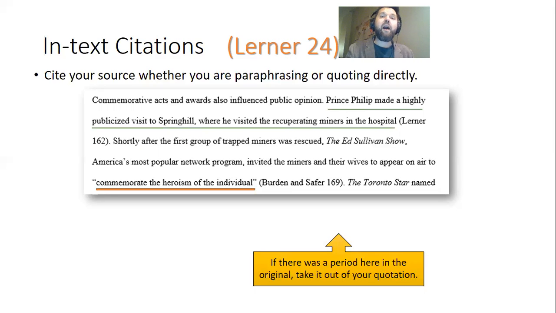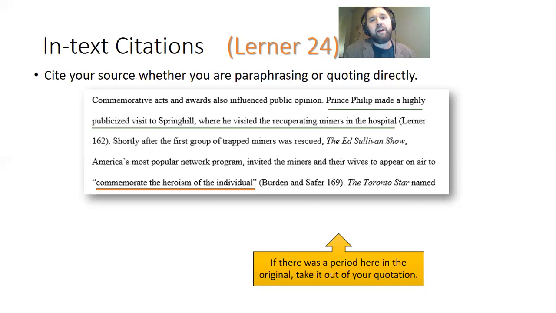It would not be honest to suggest that. So that's one reason why we need to provide an in-text citation, just for academic integrity and for ethical reasons. A second reason to provide these in-text citations, whether we paraphrase or quote or whatever, is that we want to provide access for our reader to any of the materials that we're referring to in our